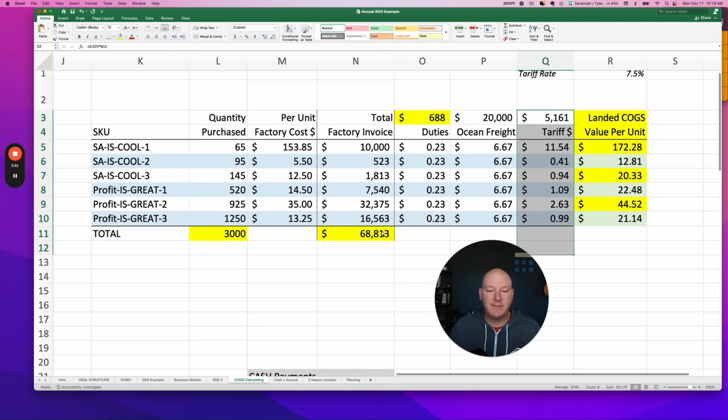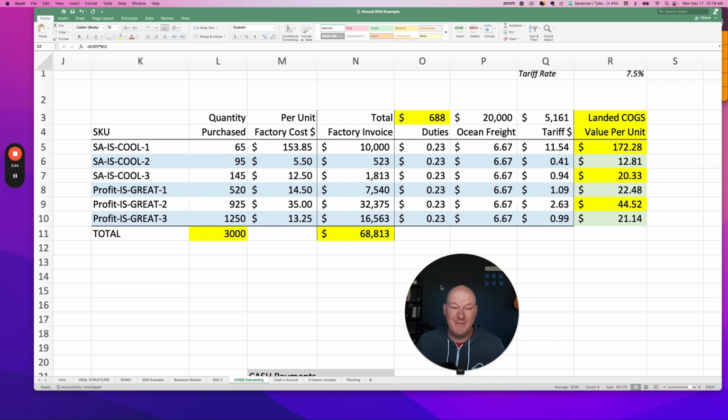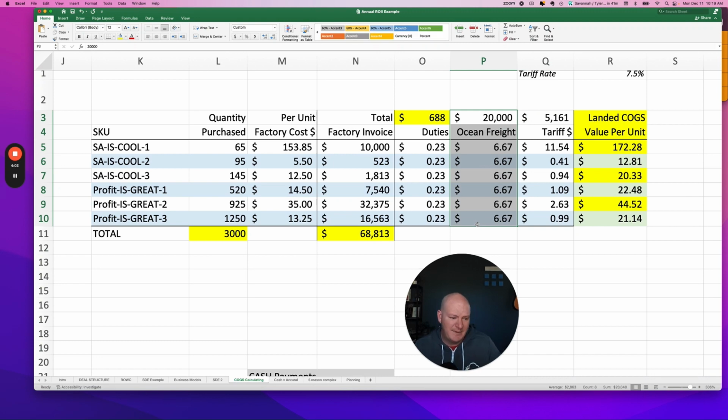And so what I'm going to do is create a spreadsheet, and I want to make this as simple as possible. I don't know exactly what percentage of my freight bill went to each and every unit. I might be able to use some kind of cubic inches or cubic centimeters, right? I might be able to find a way to find out exactly what it is. But if I don't have that way easily, I'm going to simplify it. And I'm just going to apply a certain percentage. In this situation, I bought 3,000 units, so I'm just going to take those freight costs and divide them by 3,000 units and put a little bit on